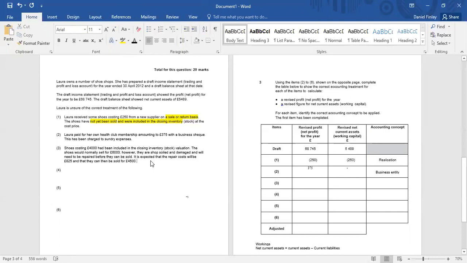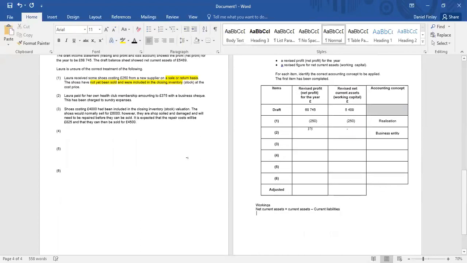So shoes costing £4,000 had been included in the closing inventory stock valuation. The shoes would normally sell for £6,000. So remember, we ignore that number. I don't care about selling prices. However, they are shop soiled and damaged and will need to be repaired before they can be sold. It is expected that the repair cost will be £825 and that they can then be sold for